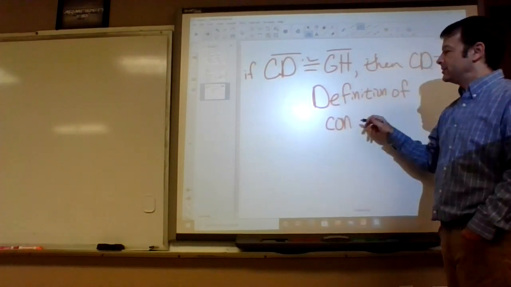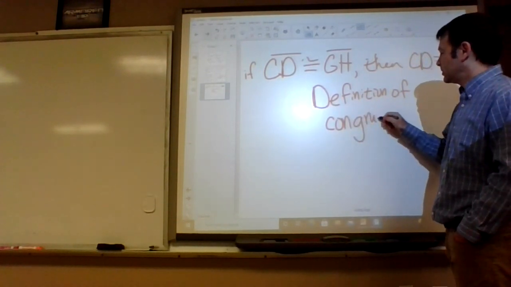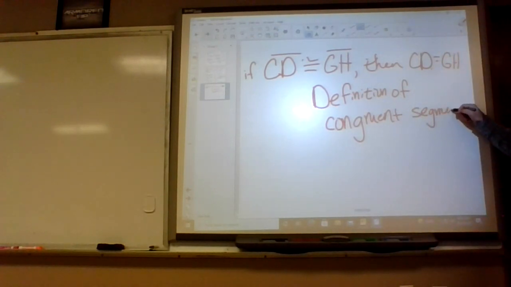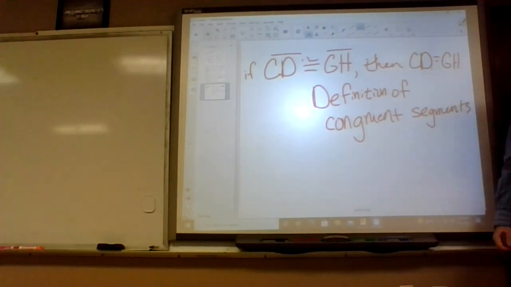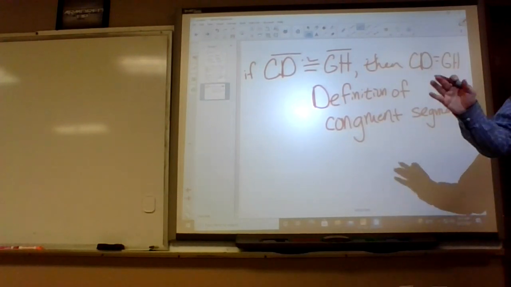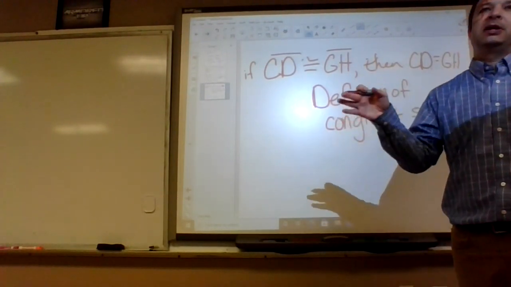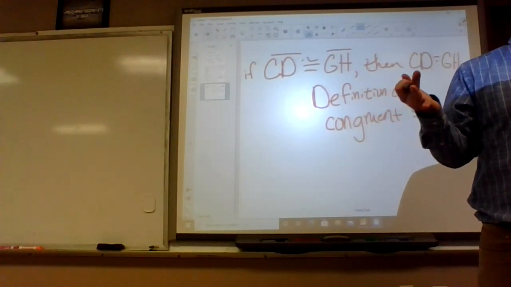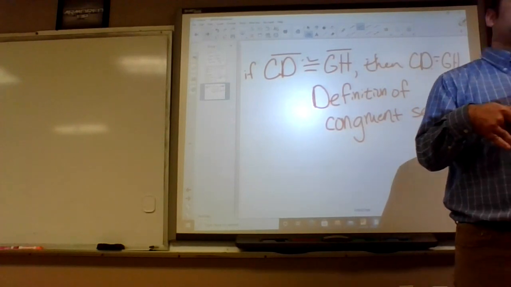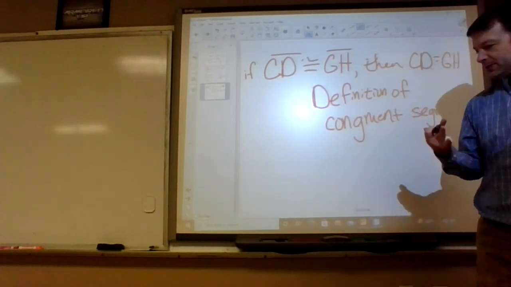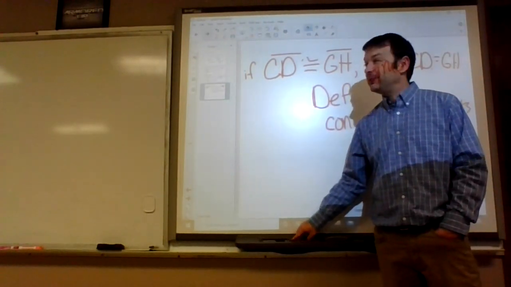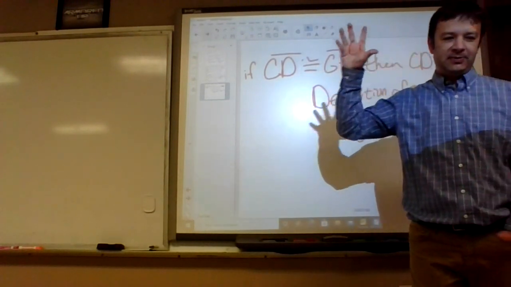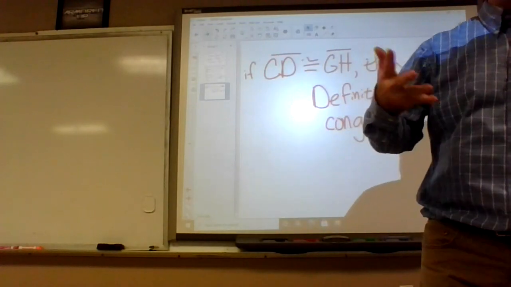Like if they said, I'll wait a little bit so everybody's listening. For example, if they said lines A and B are parallel, then lines A and B never touch. How did we know that? It's the definition of parallel lines. Okay, if it sounds like common sense, it's just a definition. But we have to do this sometimes in proofs, just restate the definition, like this is how I know this, because that's what it means.